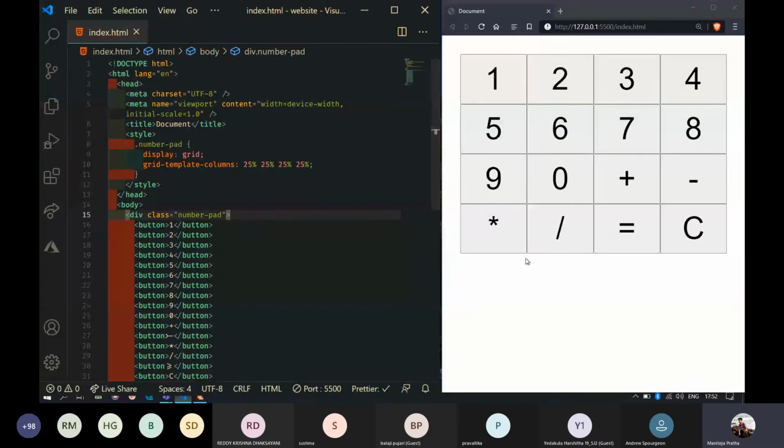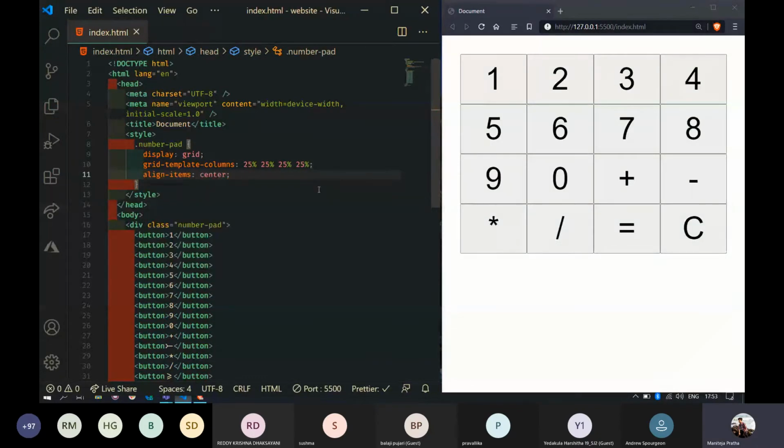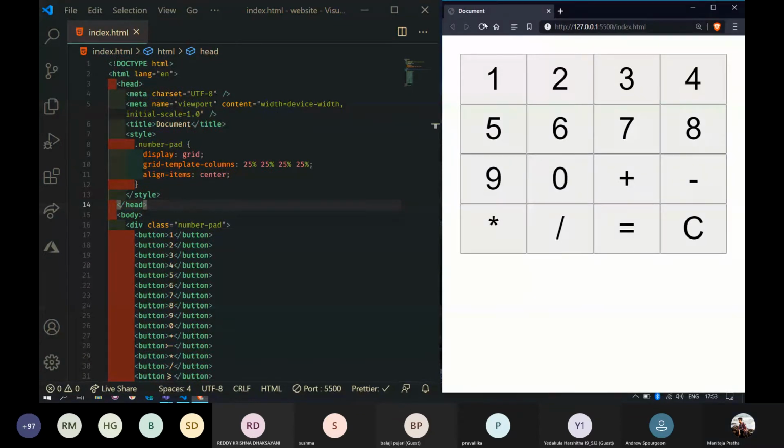Very hard, but very effective as well. Now I will do one more thing. I will align all the items to center. However you go, the size will remain the same, 4 rows and 4 columns. So very powerful CSS grid.